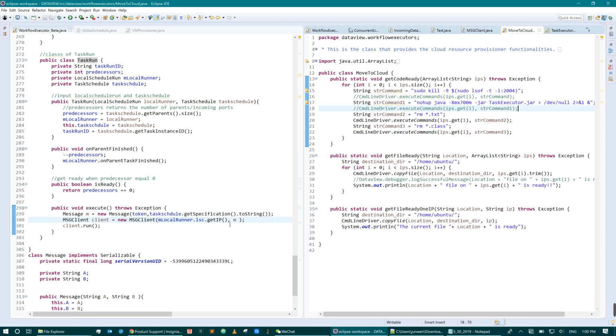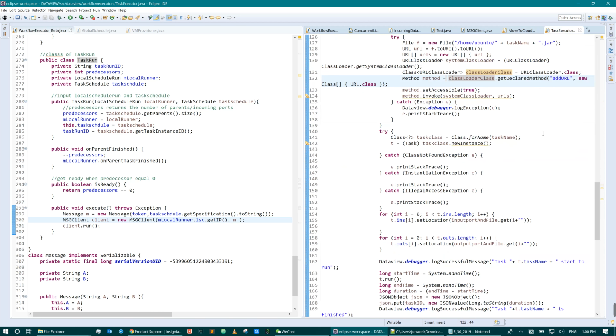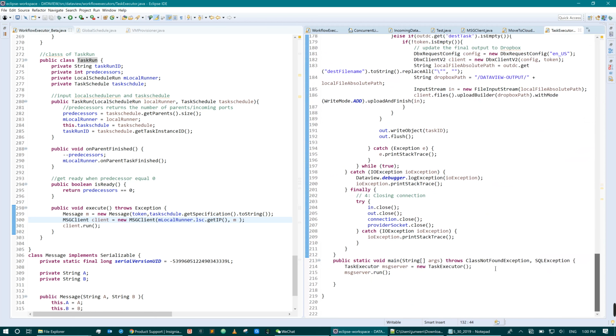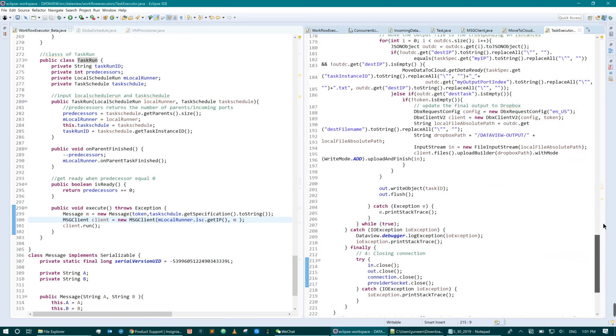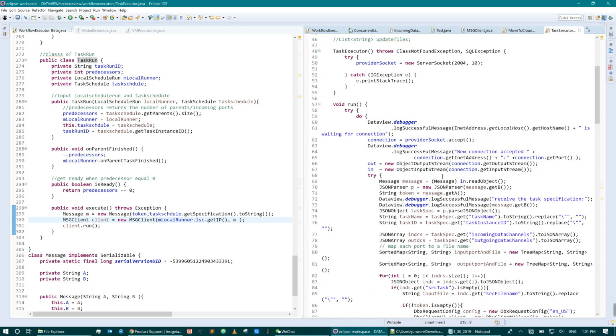As we know, for every local schedule, we will execute the tasks sequentially and submit them one by one to the VM. That is how this works. When one task is submitted to the VM, the task executor will be executed automatically. In the task executor class, the main method is just to get the run method executed. Here's the run method, and briefly it will take care of parsing the input and